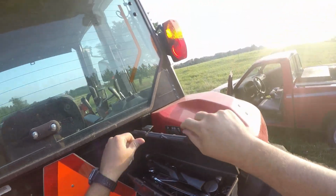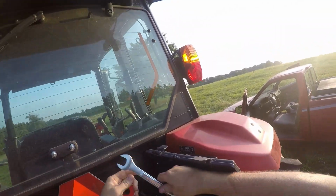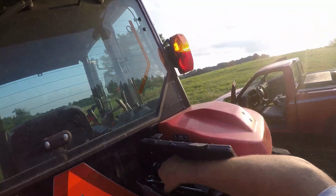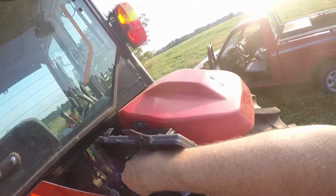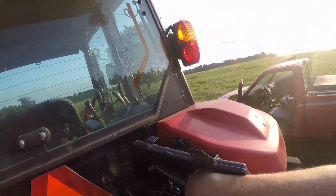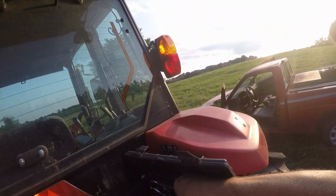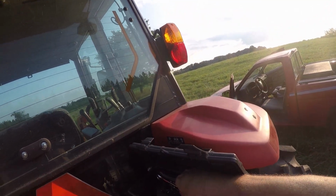Alright, one of the first things you need on the tractor, if you're starting out, is a decent toolbox. I'm going to tell you right now, Massey Ferguson can probably improve on this one thing. I've enjoyed my Massey Ferguson a lot so far. I mean, it is new for me, but